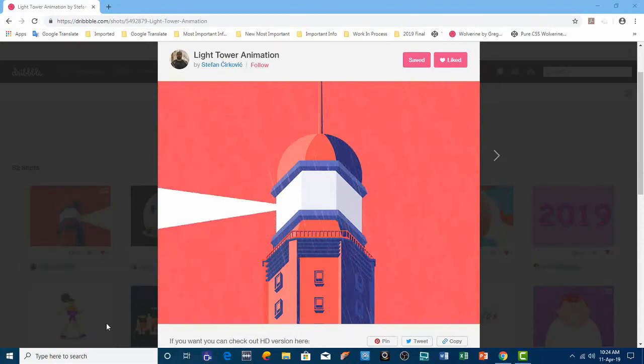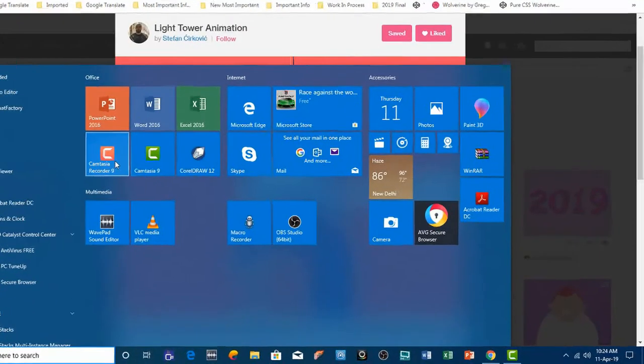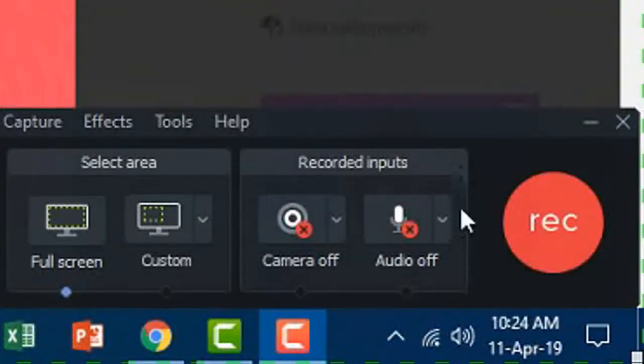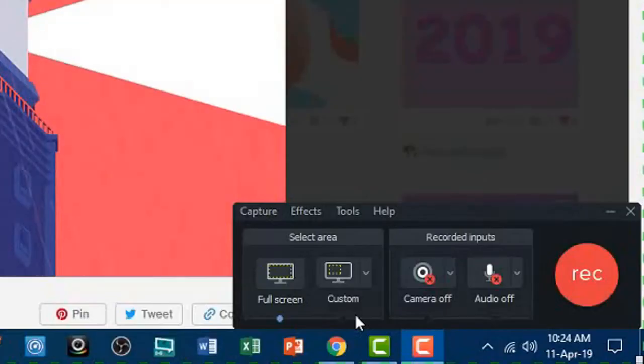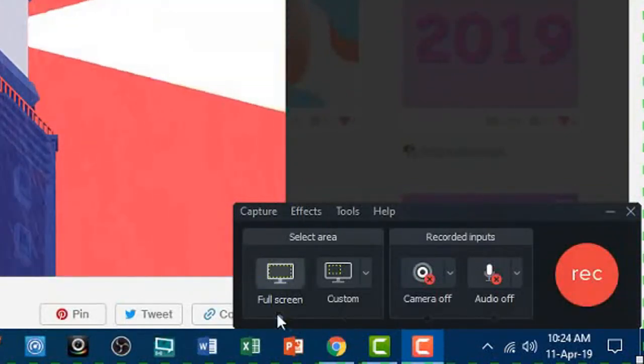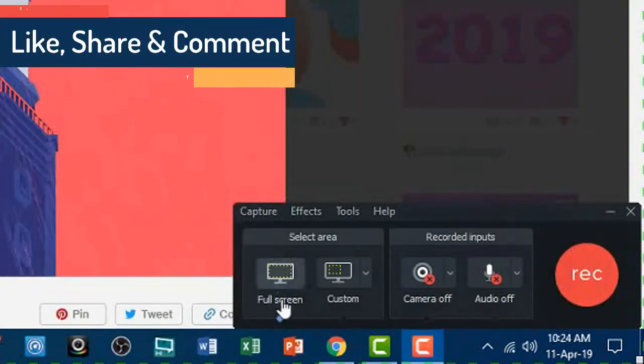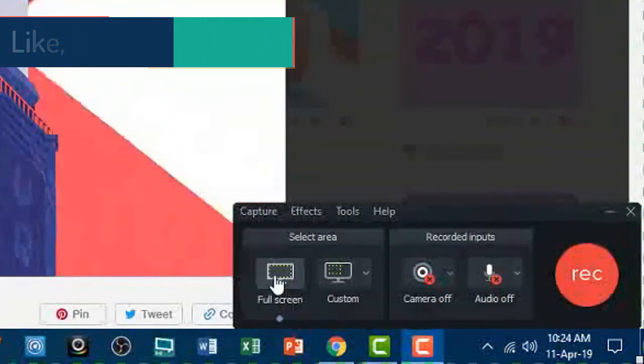So let's get started with Camtasia Recorder, and for that I click on the start, and here I have this Camtasia Recorder. I click on this, and as I told you in my previous lesson how you can use this Camtasia Recorder, you can also watch that video, and the link of that video is given in the description here. And for this video I still would like to tell you a basic thing about the screen recording software, this Camtasia Recorder. I can record the entire screen, so I can use the full screen method.